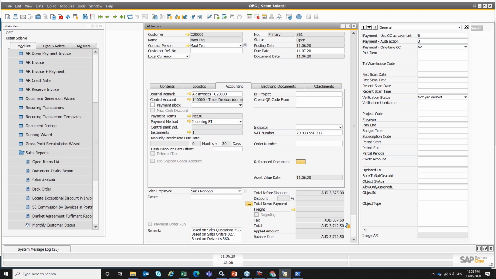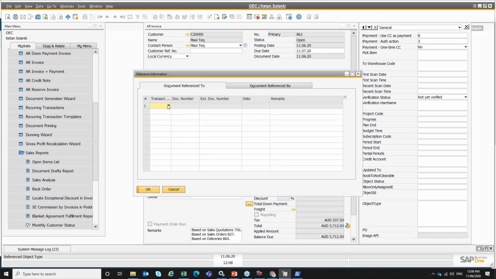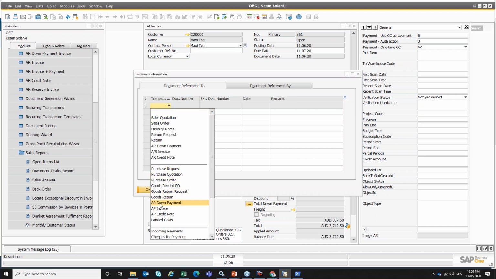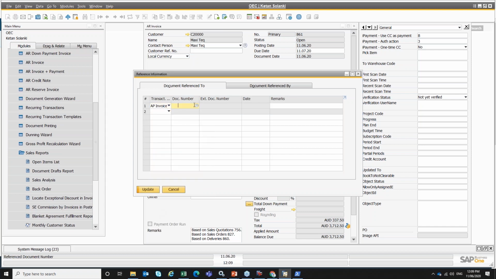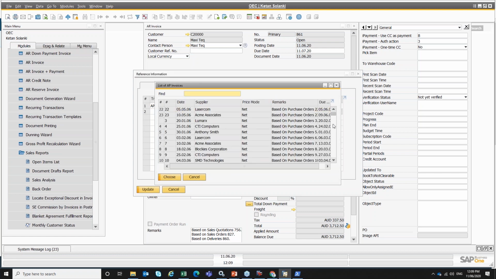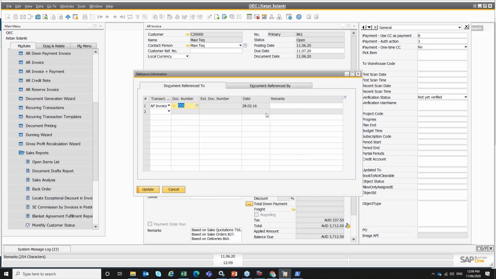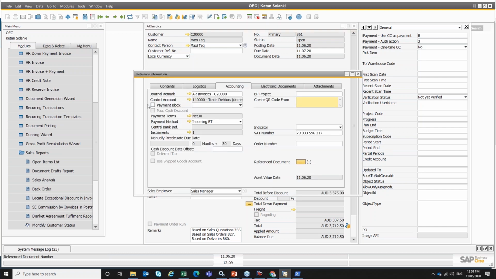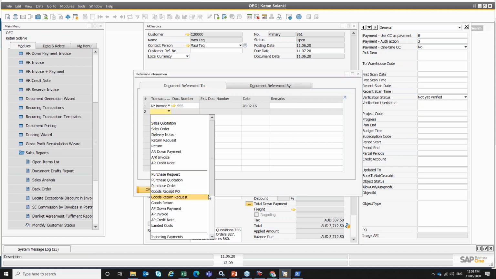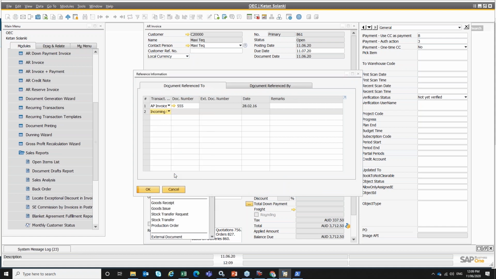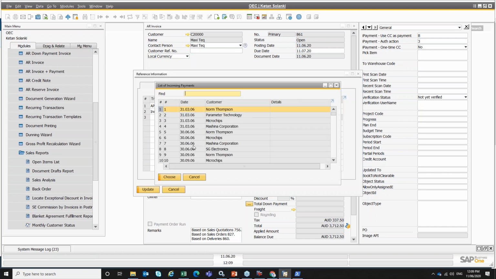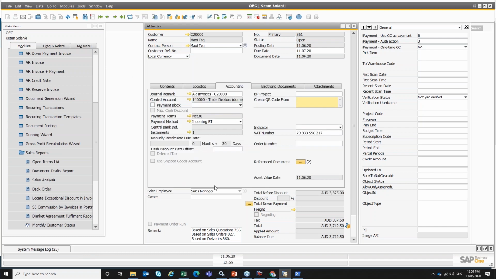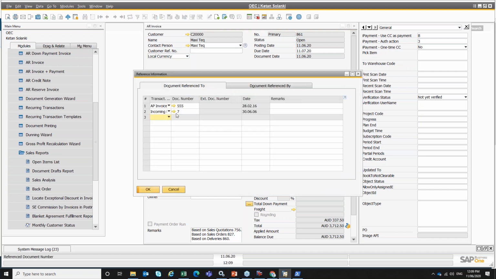So this AR invoice, for example, is linked to a particular AP invoice. And I'm just putting something in there for the time being. And I update this. Right? It might also be referenced to an incoming payment. Right. Now, this ability to add reference documents has been there since 9.2 or 9.3, but what's been enhanced is now